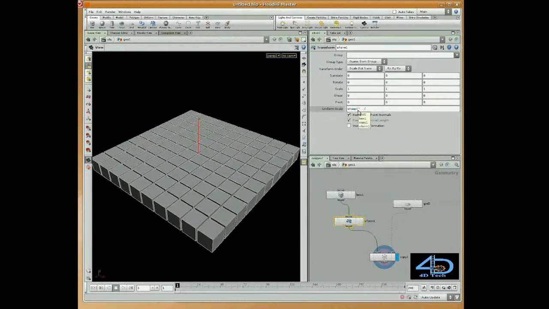Then we need to read down to the copy shop, call in the variable that we created, and then a small multiplier. Once we've done this,